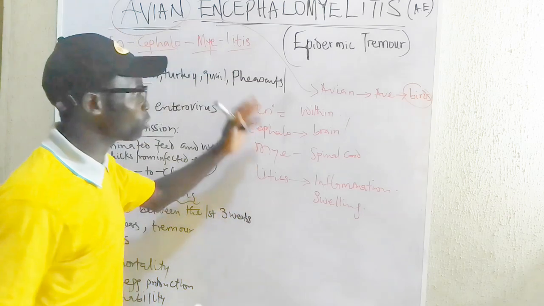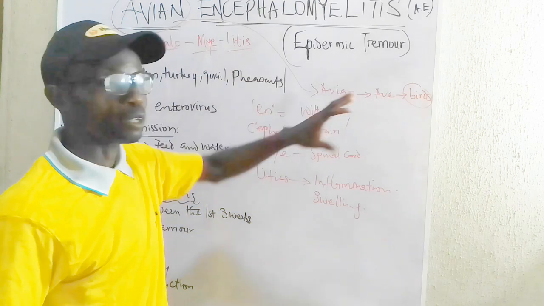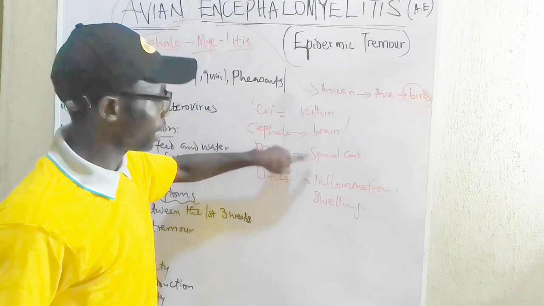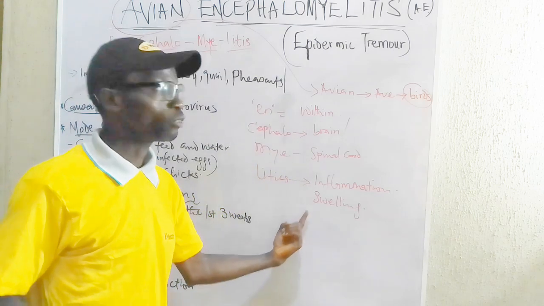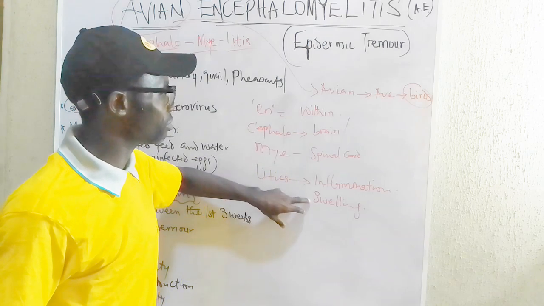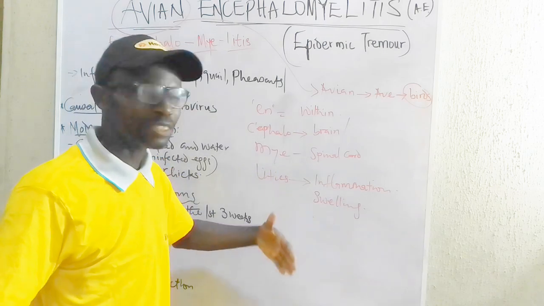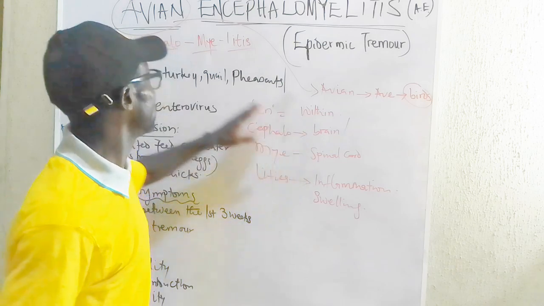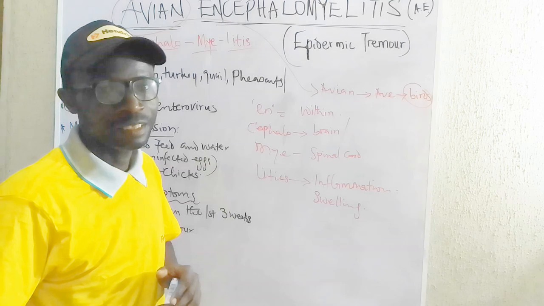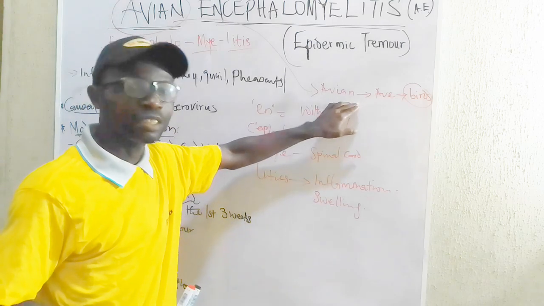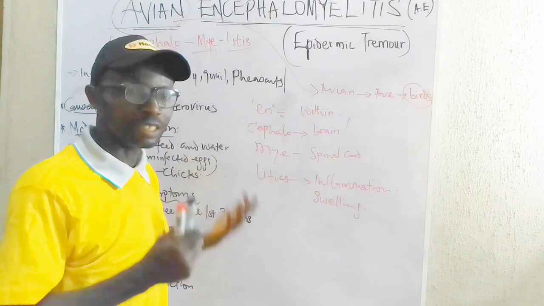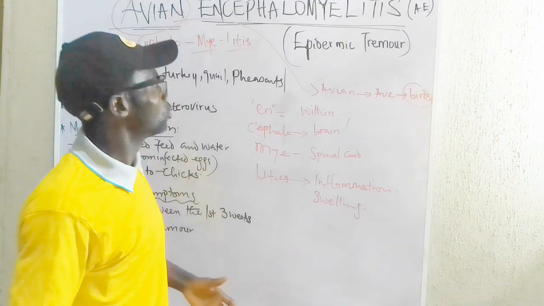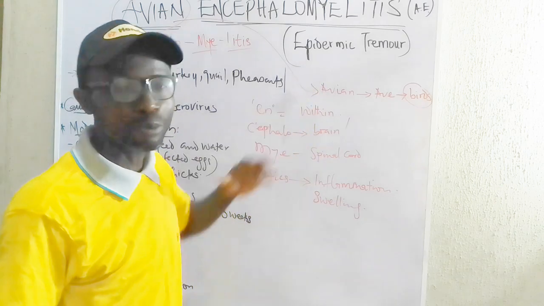Now let's come back. If you look at this from the name, avian means peculiar to aves. Encephalomyelitis means within the brain and spinal cord. Starting from down up, it is a disease that causes swelling or distension within the brain or the spinal cord. So avian encephalomyelitis is a disease that affects birds, where the spinal cord is swollen or inflamed. It's also called epidemic tremor.